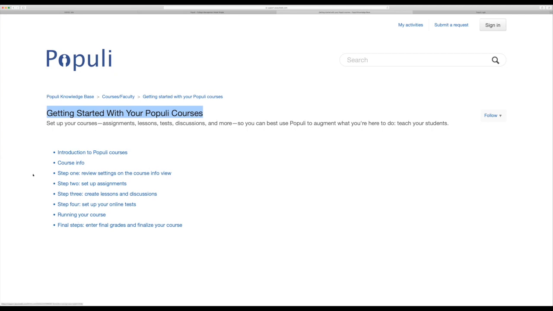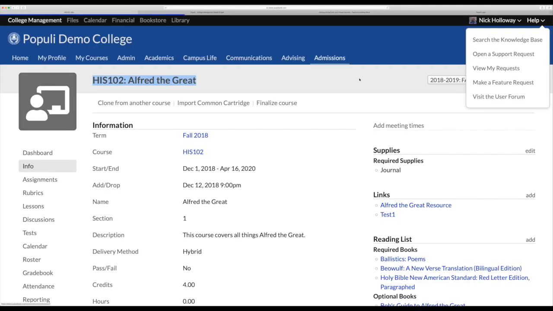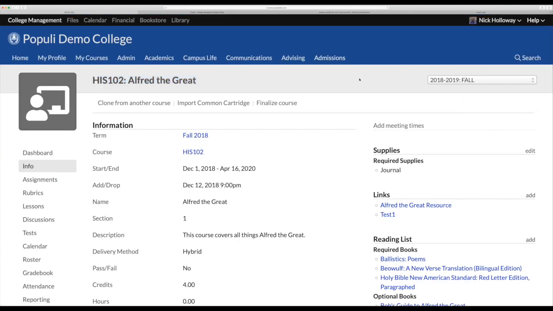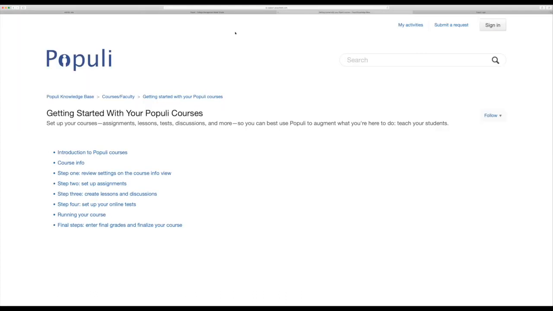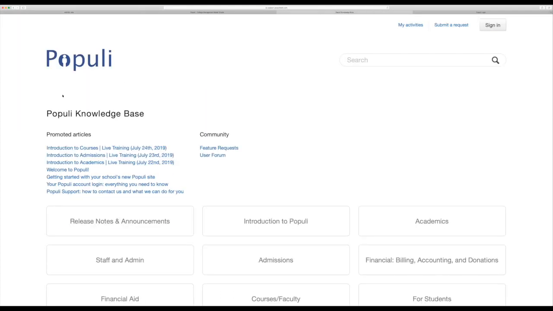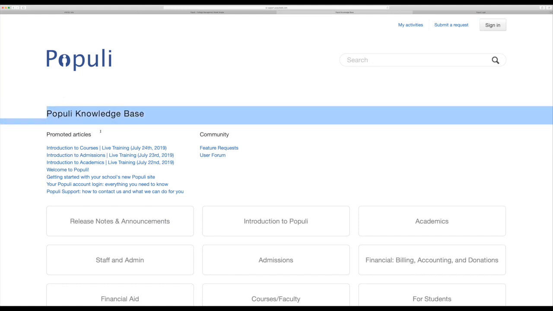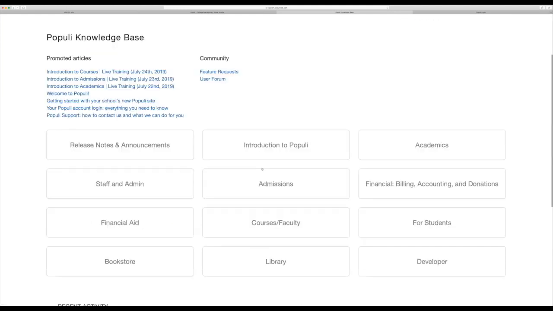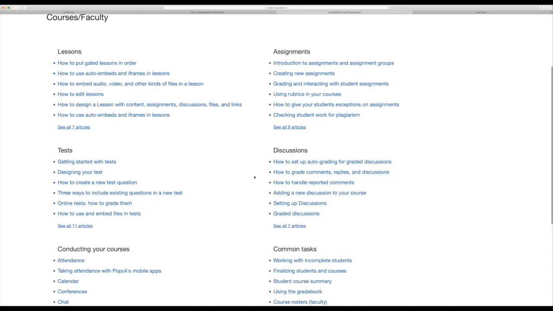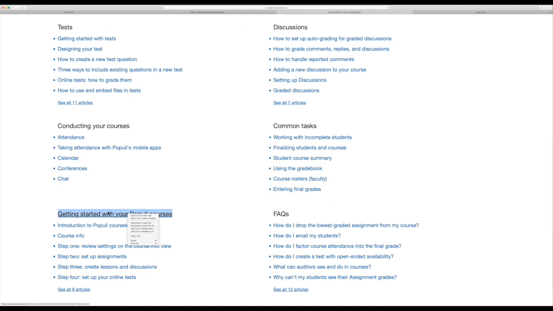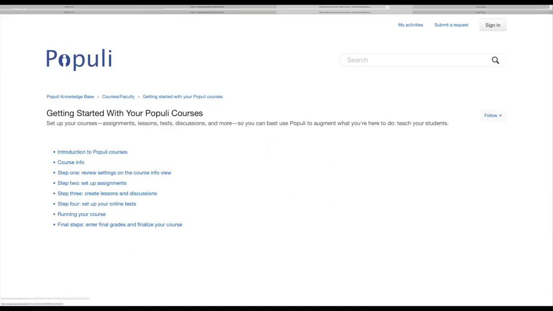Now, what I'm going to do next is I want to go back through that one more time, and then we'll jump into things. So again, if you want to follow that tutorial later and you want to just go through that on your own, click help, click Search the Knowledge Base. When the knowledge base comes up, you'll be on our general page here. It has Populi Knowledge Base and promoted articles. Scroll down to Courses/Faculty. Scroll down to Getting Started with Your Populi courses, and then go through these step by